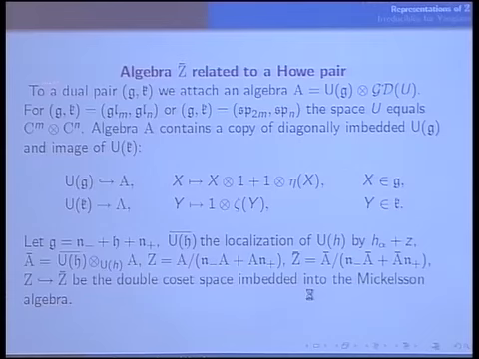Now I go to the situation which I need from the beginning, from the Olshansky centralizer construction. Again, I remind that I consider two dual pairs for GL_N and sp_2n. I attach this algebra, which is the product. I have an embedding of one Lie algebra and another Lie algebra. So to this algebra R, I may now make the procedure of construction of the double coset algebra, the Mickelsson algebra, with respect to the first diagonal embedding of G.